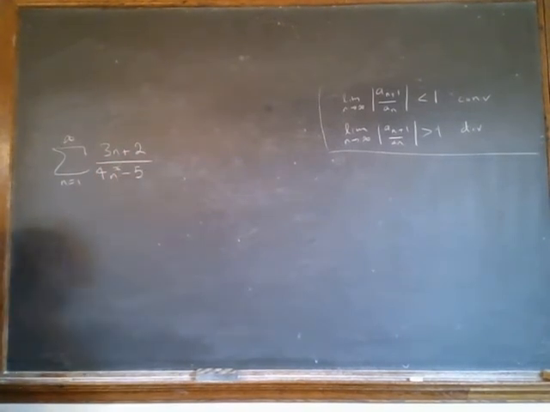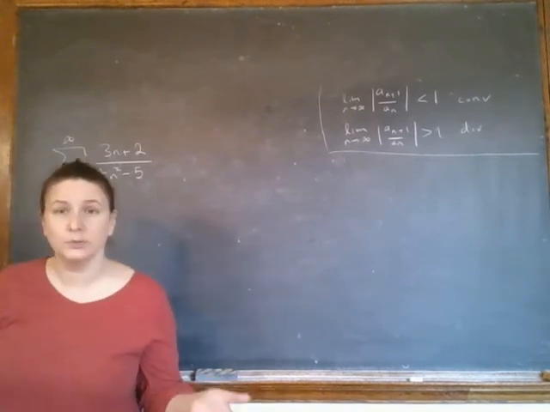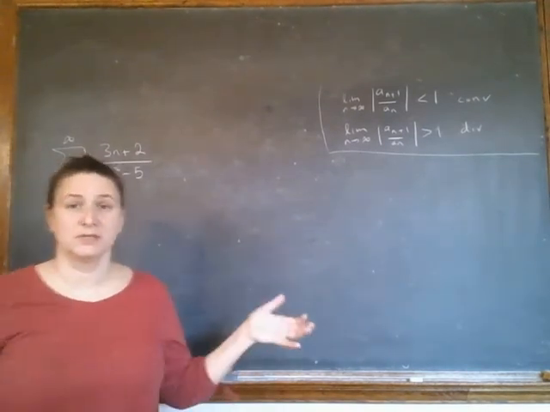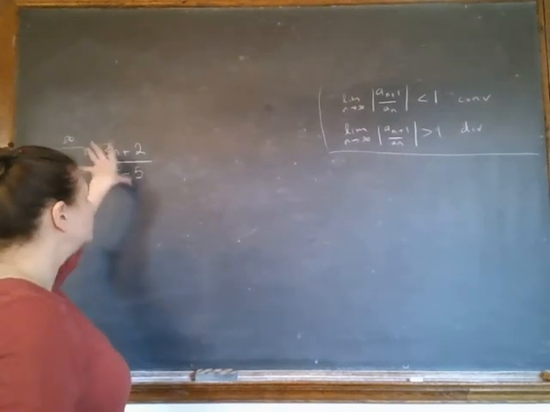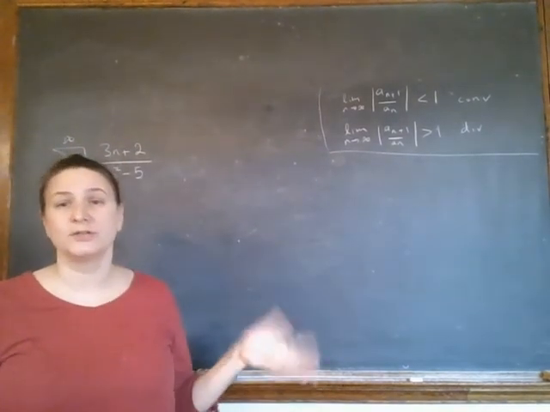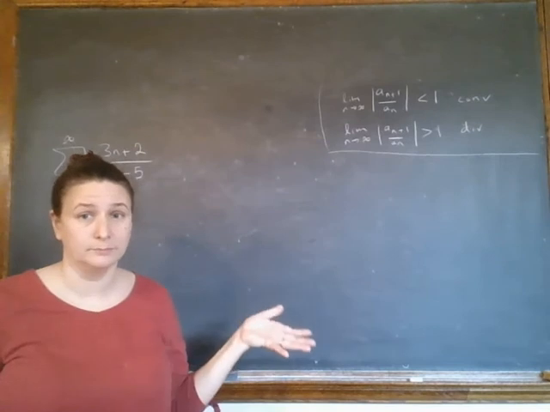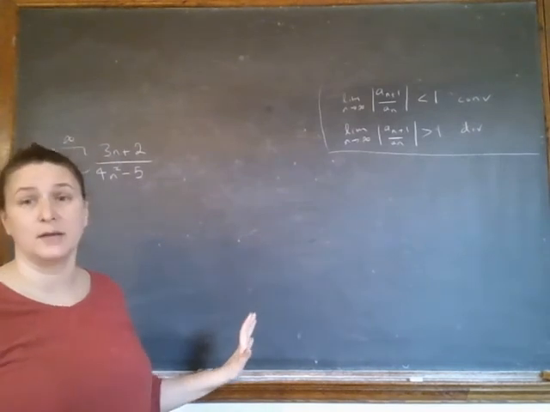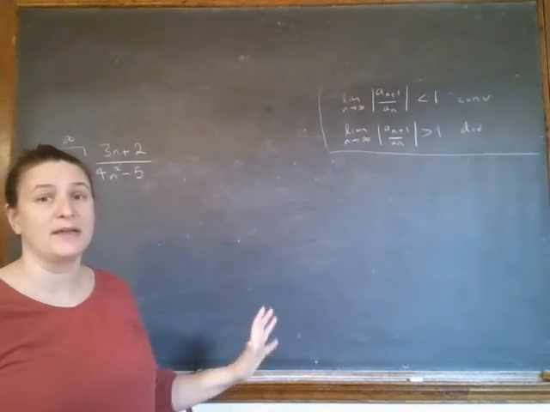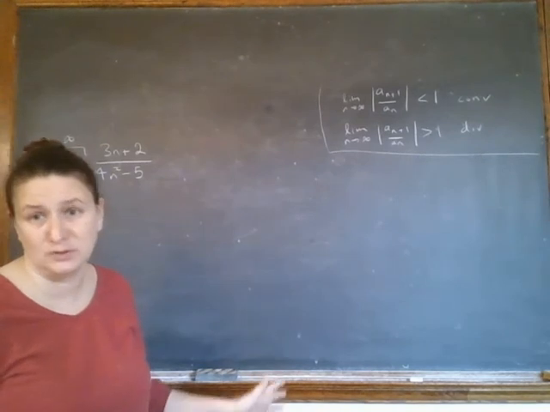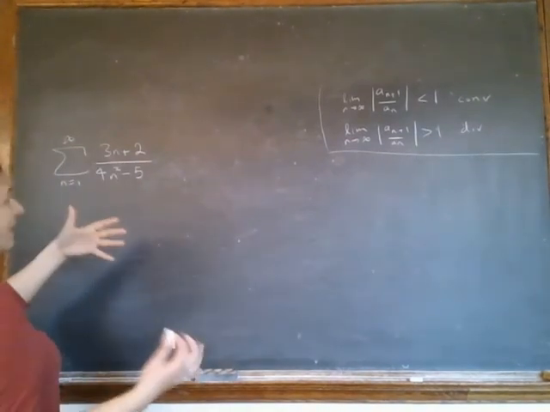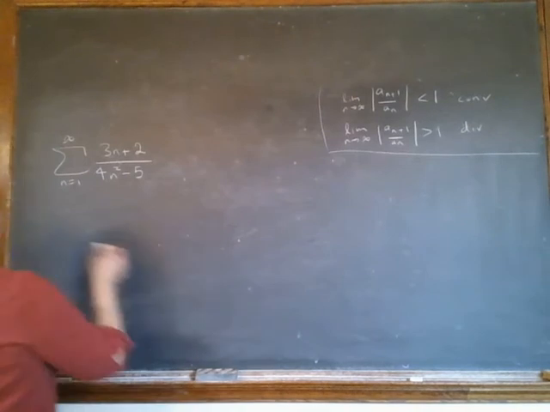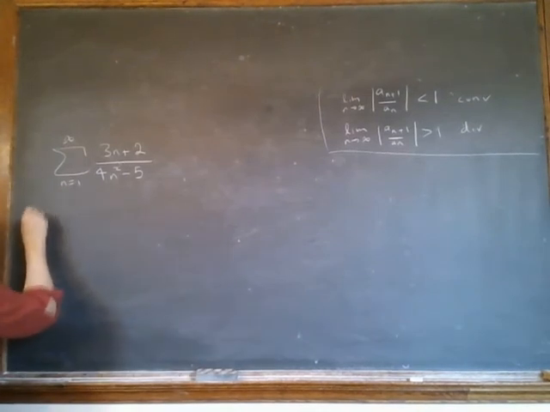Okay. Now I'm just going to tell you, so you don't waste your time, whenever you have a rational function, the ratio test is going to fail, okay? Because it's going to end up being 1. By fail, I mean it's going to be an inconclusive test. You're going to do something else. But here, just to show you how or why that happens,